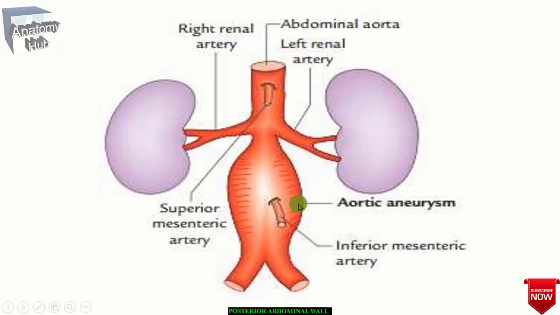Like that, you will find the aortic aneurysm that you can observe over here. The aortic aneurysm is a localized dilatation of the aorta, commonly occurring below the origin of the renal artery. In 95% of people, usually older men, this problem occurs. The most common cause of this aortic aneurysm is atherosclerosis, which weakens the aortic wall, and clinically it presents as a pulsatile and expansile abdominal mass, typically just superior to and to the left of the umbilicus.